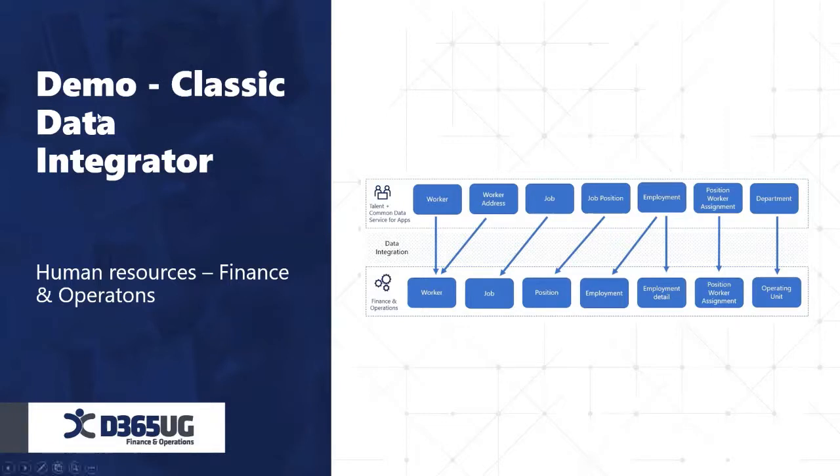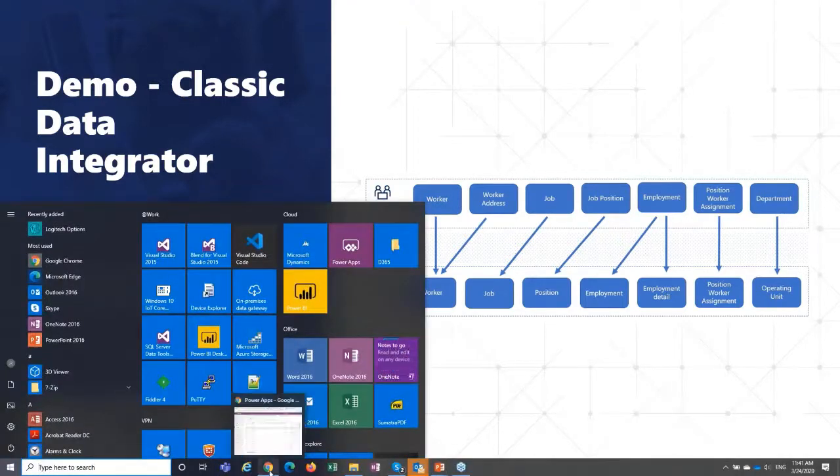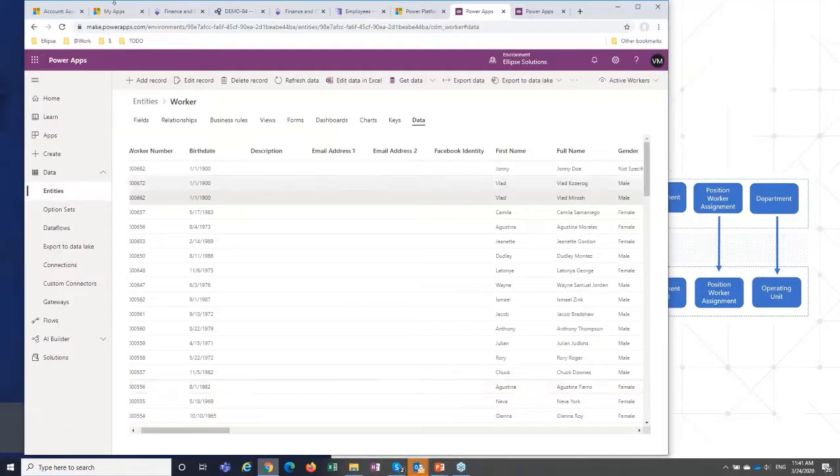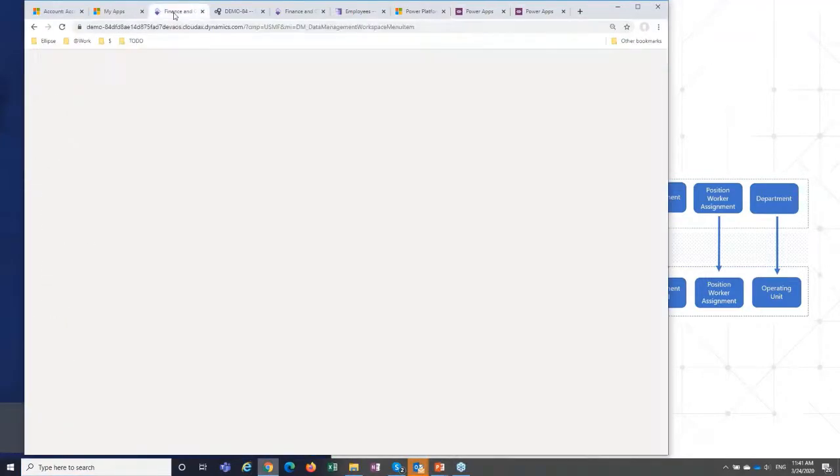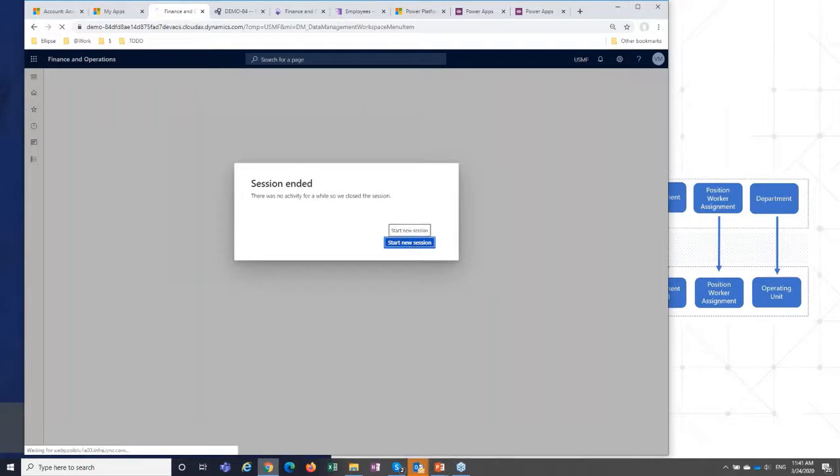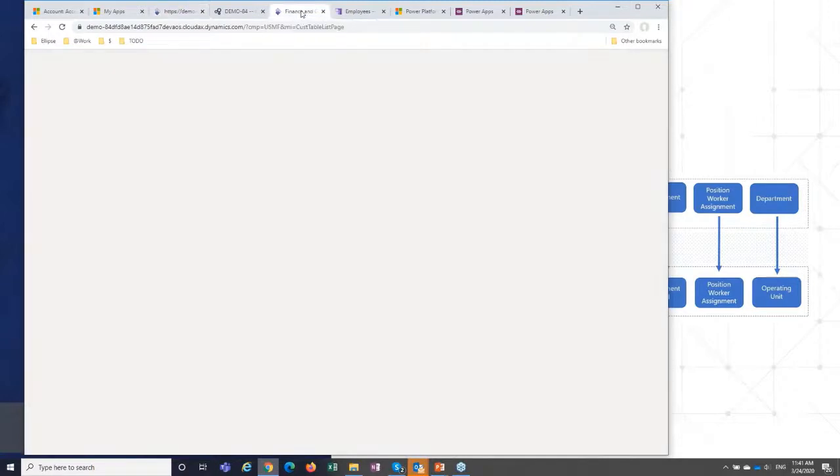Let me bring up the application now. For that, we need finance and operations with the workers, and we need human resources.